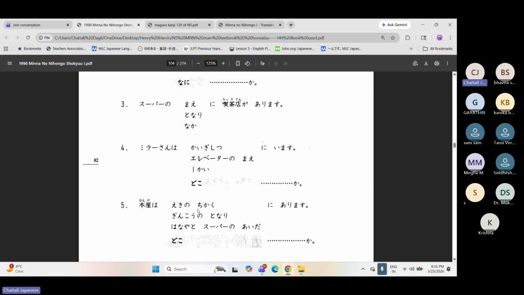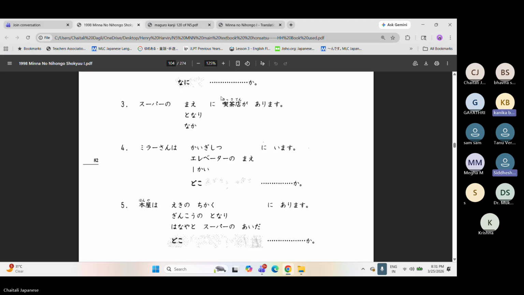but have they told whether it is on the left hand side or on the right hand side, or is it in front of the station? They have only said near, correct? They have only told that it is near. But here they are telling you that the supermarket is in front of the coffee shop. Are you understanding the major difference between the two?